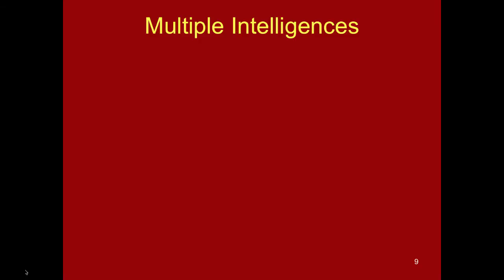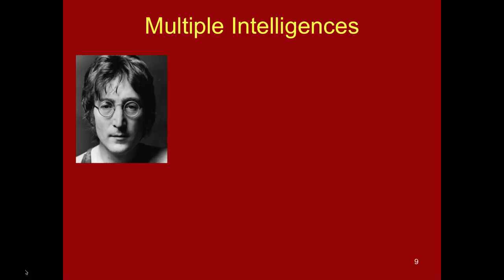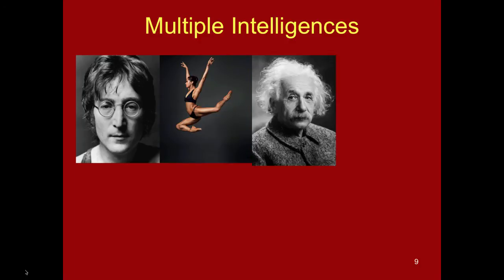Spearman's general factor theory is in stark contrast to other theories which dictate that there are several types of intelligence. One example of this is Gardner's multiple intelligence theory, which states that there are 8 different types of intelligences, including musical intelligence, such as the intelligence of John Lennon from the Beatles; kinesthetic intelligence, such as the grace, power, and agility demonstrated by the prima ballerina Misty Copeland; logical or mathematical intelligence, such as that evidenced by the work of